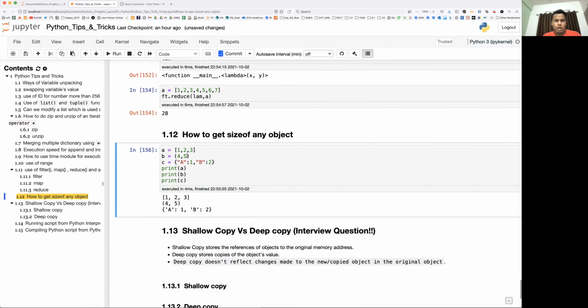How much memory is it consuming in the Python interpreter? So how do we get to know?